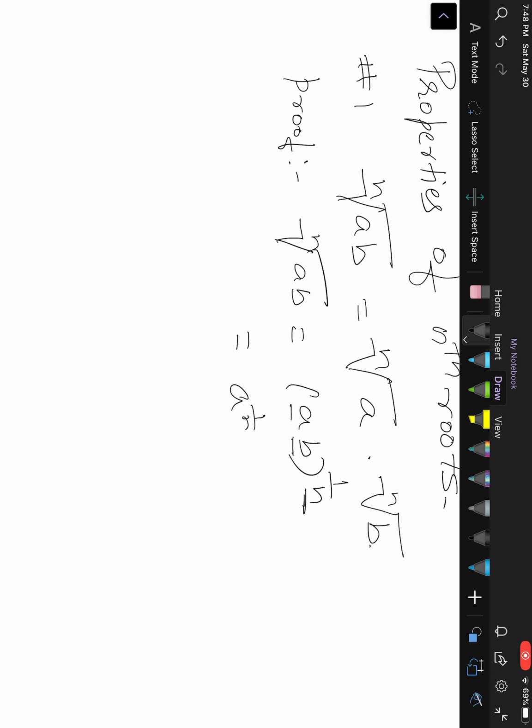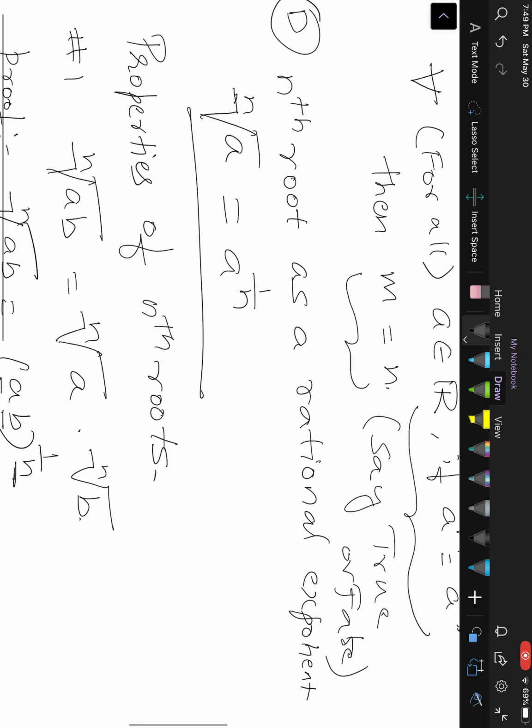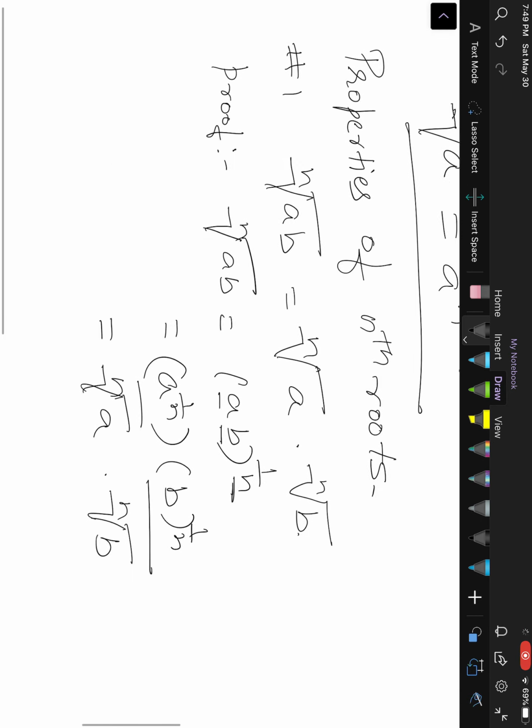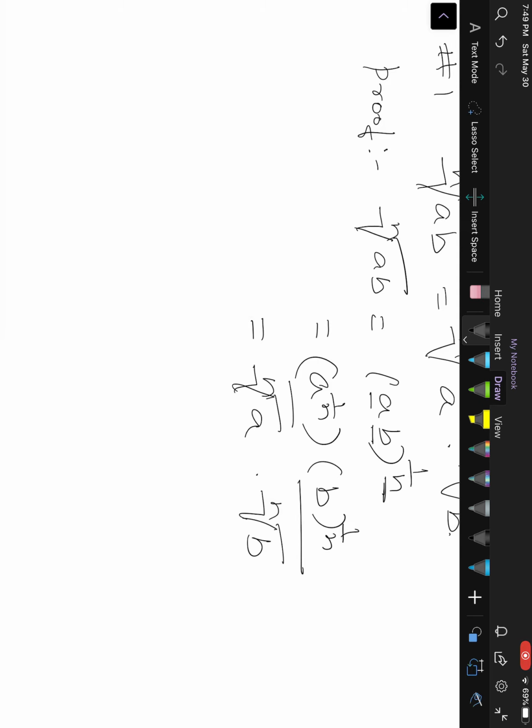So this will be a to the power of 1 by n times b to the power of 1 by n. And this individually, again applying the definition above, is nothing but nth root of a times nth root of b. So this definition of representing nth root in terms of rational exponents comes in very handy while proving stuff like